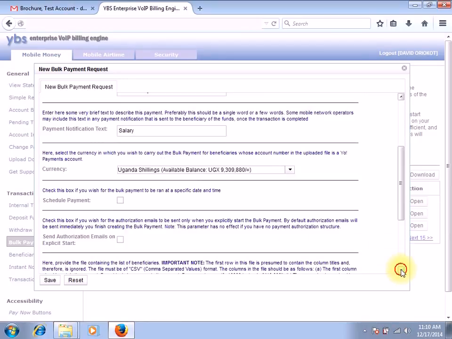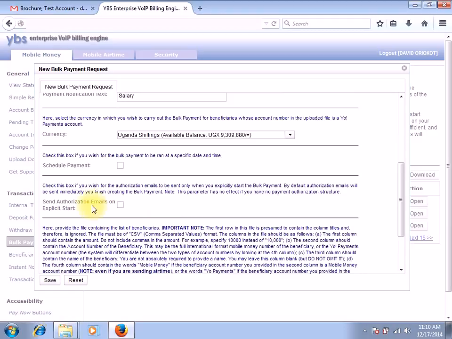Then when we get down here, you check this box if you want an authorization email to be sent on explicit start. Now, an authorization email is for if there's someone who is bound to authorize this payment. To ensure your organizational security, an email will be sent to that authority so they know there's a payment that has been initiated and they have to authorize it. So when you're done with that, we get down